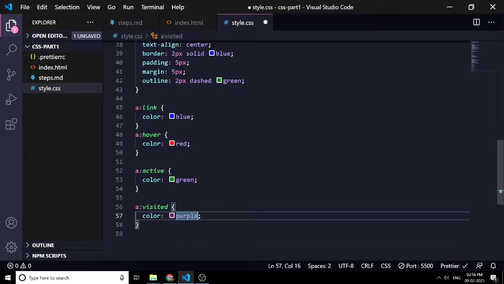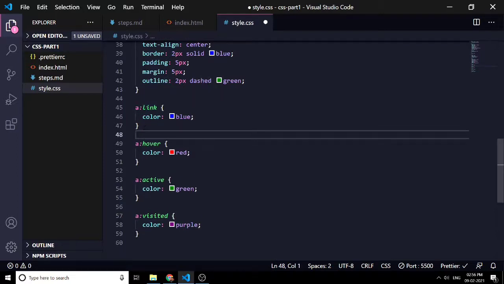So what this would do is that whenever there is a link, the color blue will be applied on that. And whenever we click on that link, that means that we have visited that link, the color will change from blue to purple. And when we hover over the link, that means when we just move our cursor above that element, it will change from blue to red. And at the time of clicking on the link, for a very small amount of time, the color will change from blue or purple to green, but we won't be able to see that as the rendering is very fast. So let's see if this happens or not.